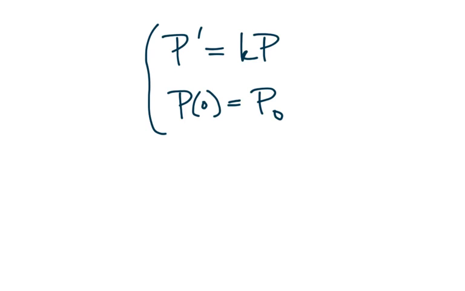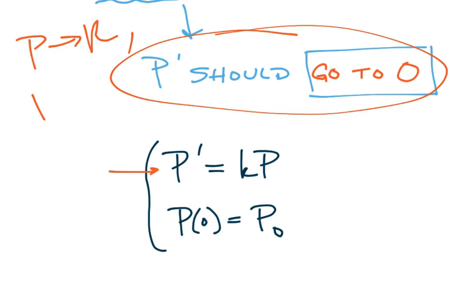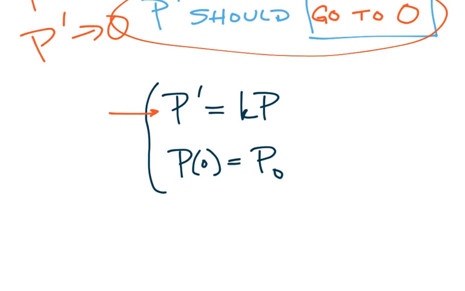what we want to do is take this first line here, which involves p prime. So what we're saying is that under ideal conditions, it will grow proportionally to its current population. And now we just want to introduce something into this line that will account for this fact here, that as p approaches k, p prime should approach 0. We want to introduce this fact somehow mathematically.